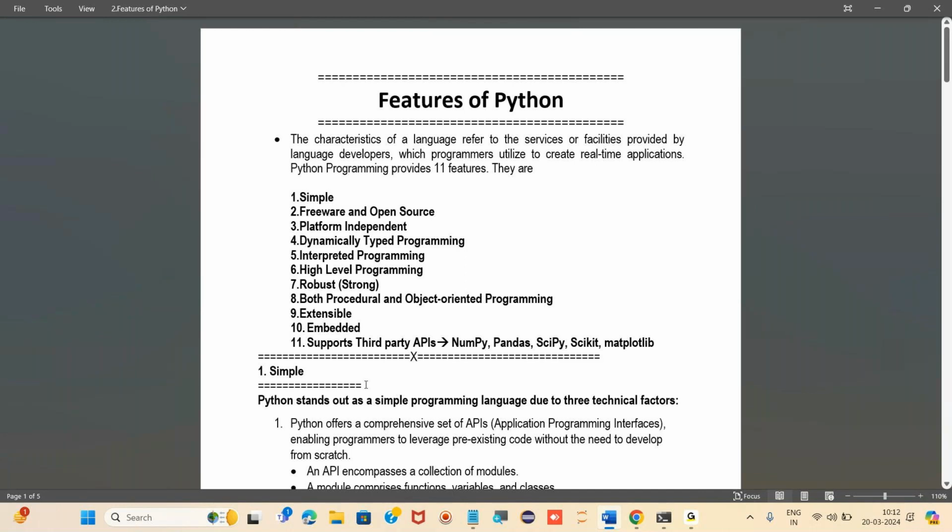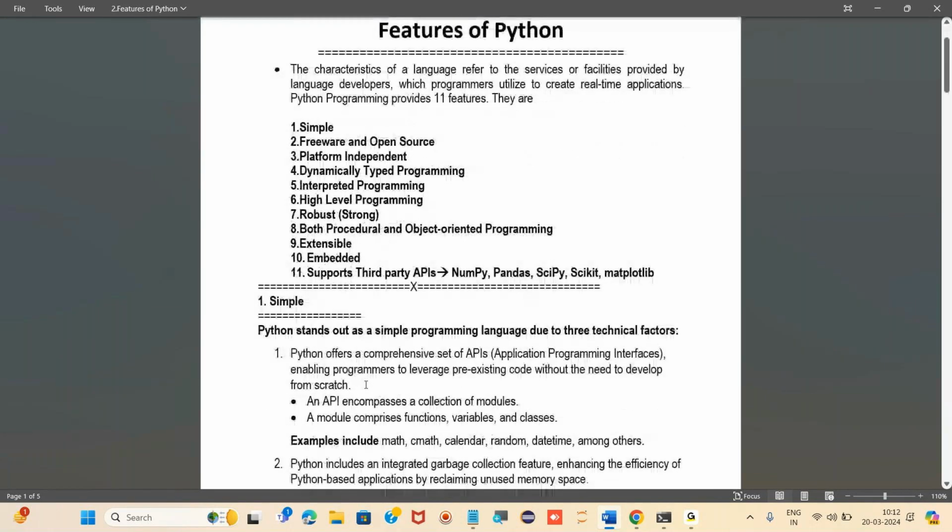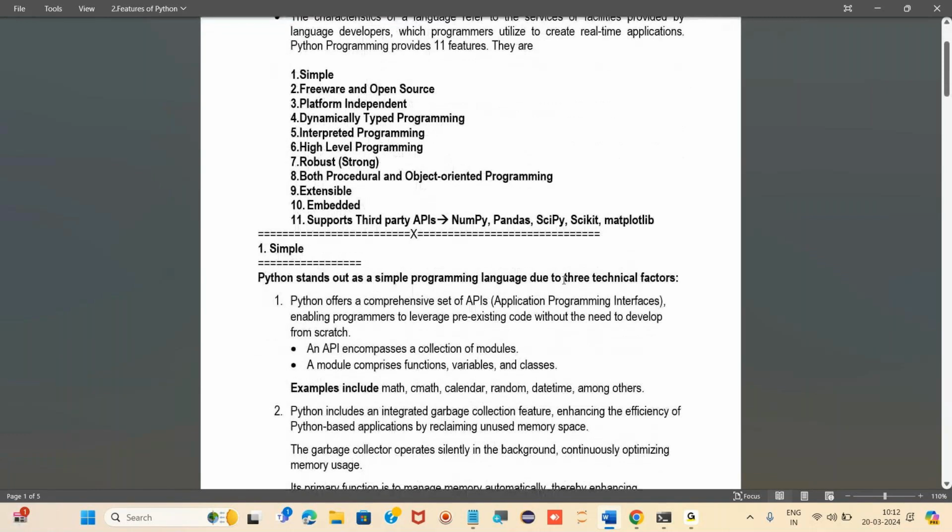So first, it is simple. Why it is simple? Because of three factors, right? Because of three factors, Python is known as a simple programming language. First, I'm going to explain you in deep what these are. Python offers a comprehensive set of APIs. Now, what is API? I'll tell you. API, application programming interface, is nothing but the collection of modules, right? What is module?